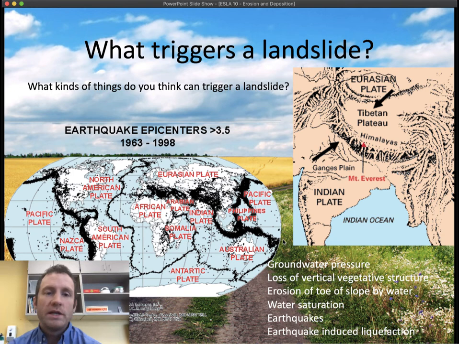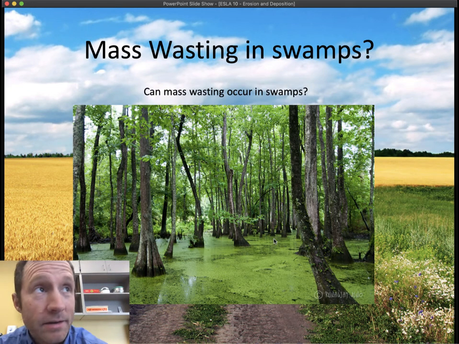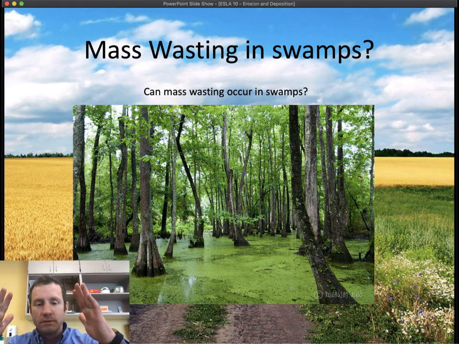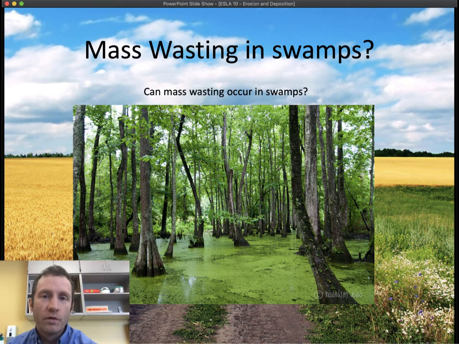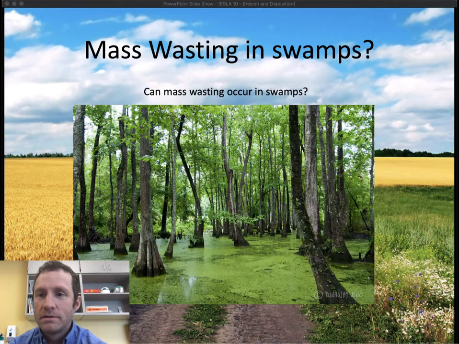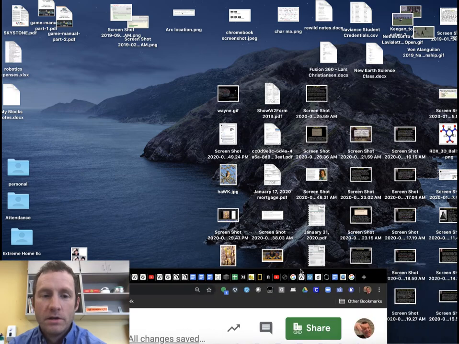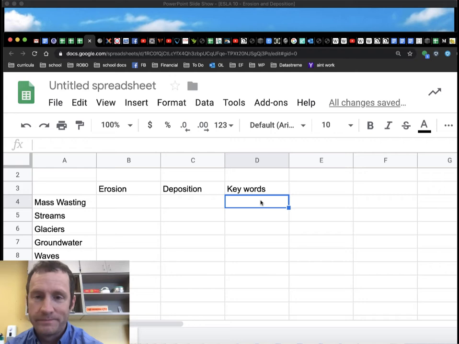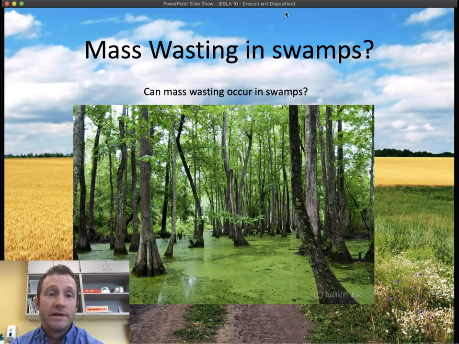But of course, mass wasting cannot occur in swamps. And why is that? Because mass wasting requires a slope. It requires a place over which gravity can exercise its power. So what we talked about there should give you some stuff to write in for describing erosion that takes place during mass wasting and deposition, and any keywords that you wanted to write down. We'll move on to the next one now,